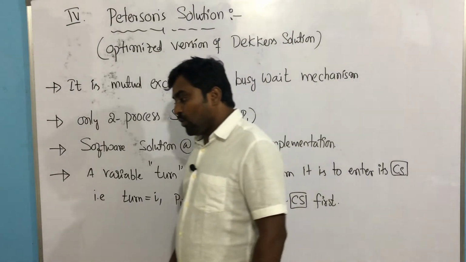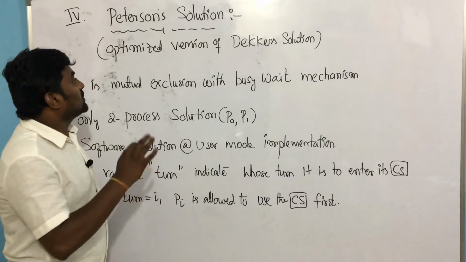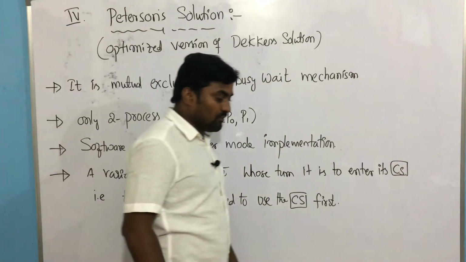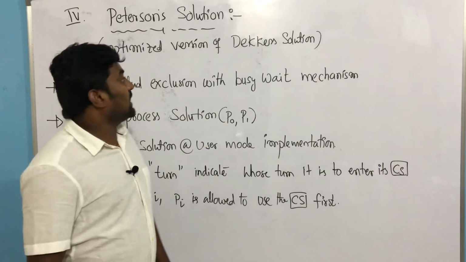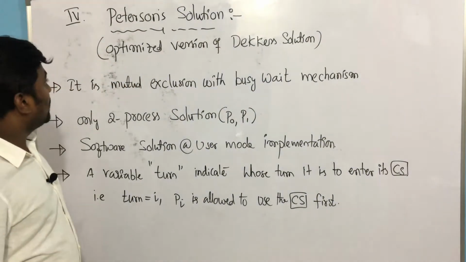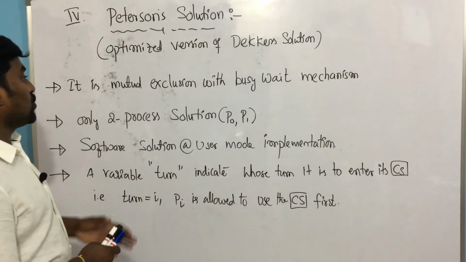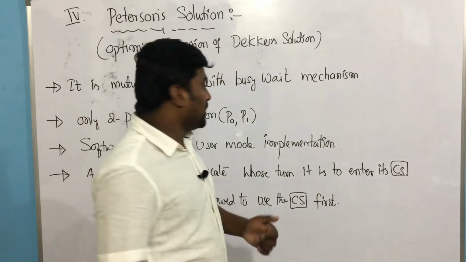These three requirements are satisfied by Dekker's algorithm, and Peterson also satisfies them, as a slightly modified version. If you want to see the code for Dekker's algorithm, it is available in the Galvin book. You can go through the code and verify whether it satisfies our requirements or not. We will now observe whether Peterson's solution satisfies our requirements or not.